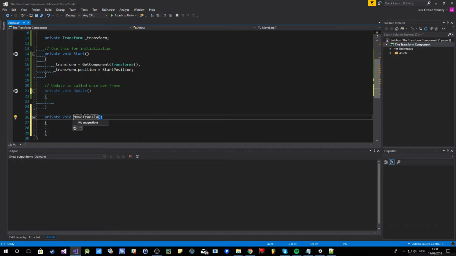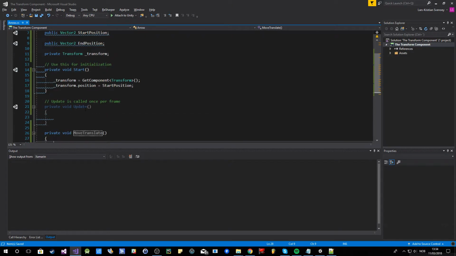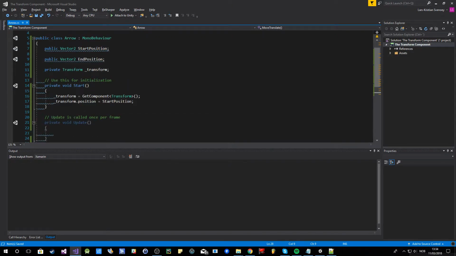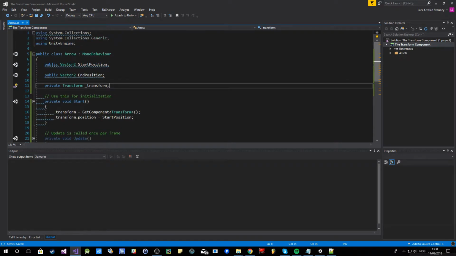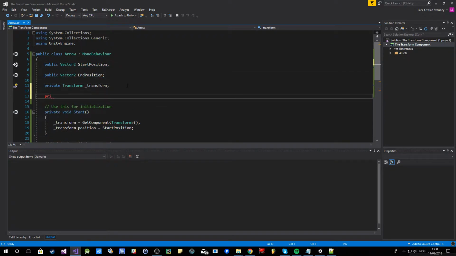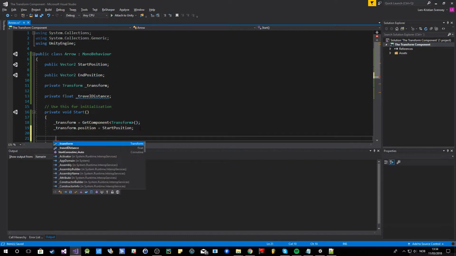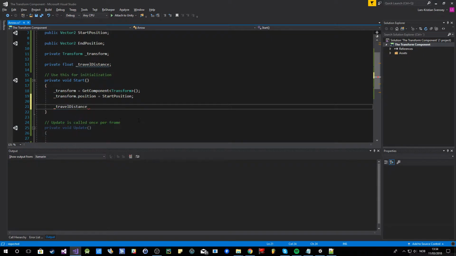Move translate, and I'm going to start doing some maths here. Okay, so the first thing we need to do is we need to know the distance between our start and end position. So I'm going to define a new variable, which is going to be float travelDistance. And I'm going to use one of the Vector2 helper functions, Vector2.Distance, which gets the distance between